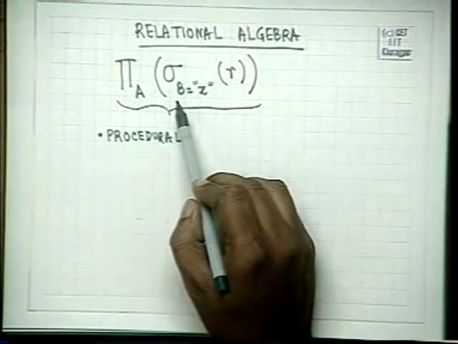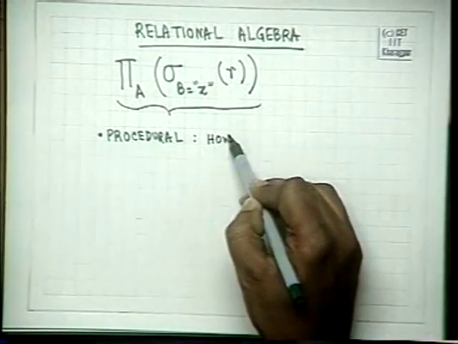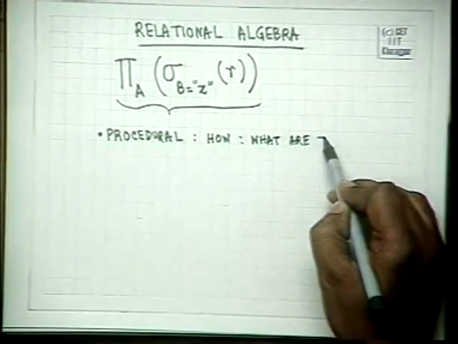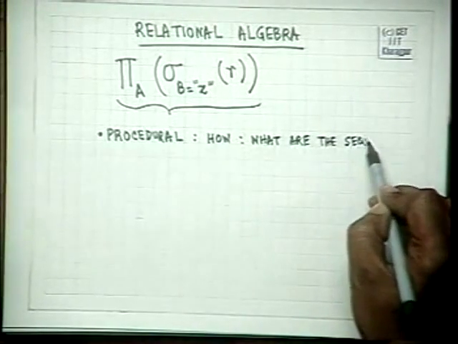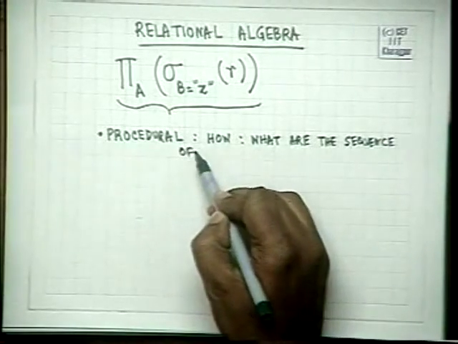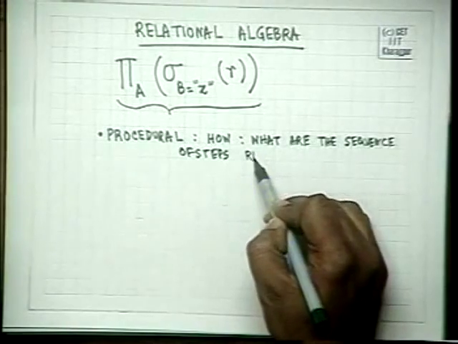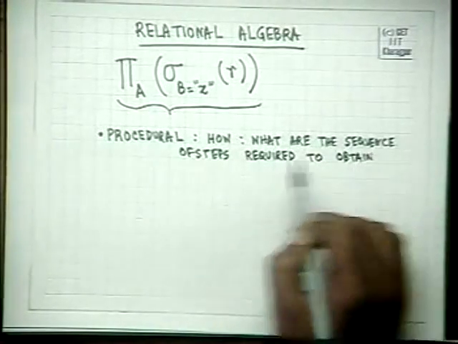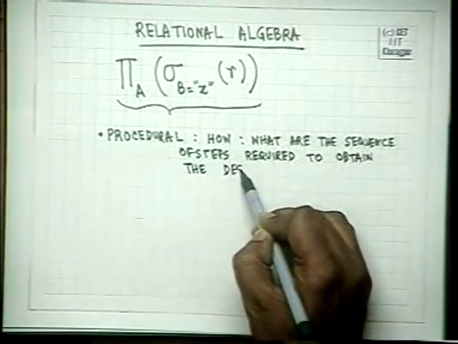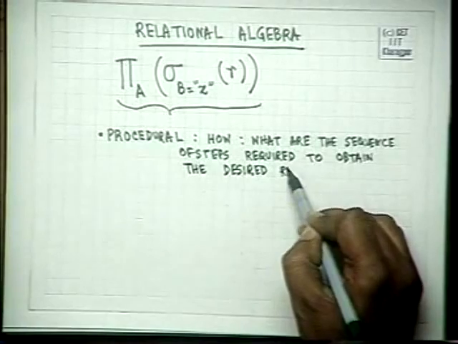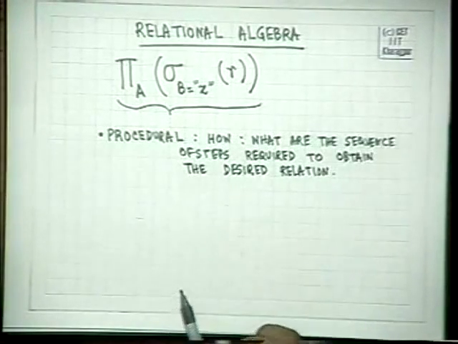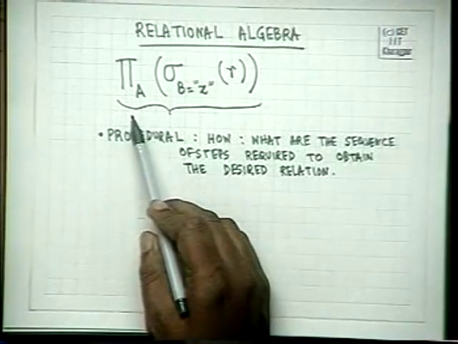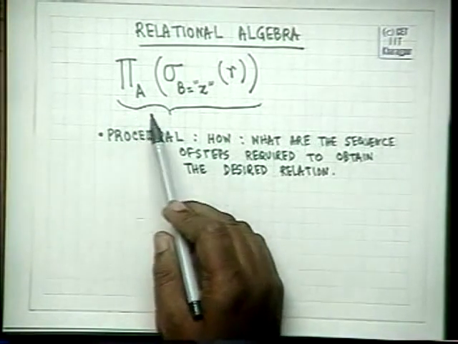But in relational algebra you have to give in details how to do it, in the sense that what are the steps, what are the sequence of steps required to obtain the desired relation. So that is what relational algebra is, a mathematical mechanism for defining new relations over a relation scheme, but it